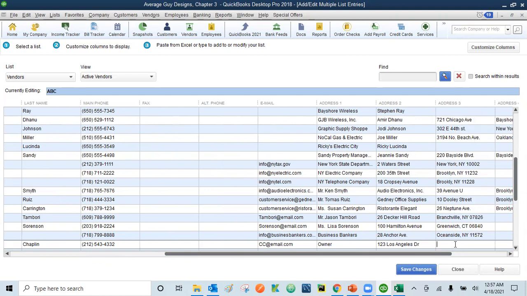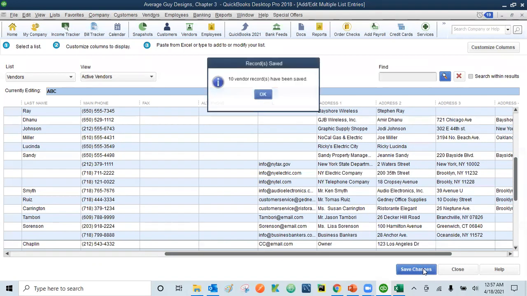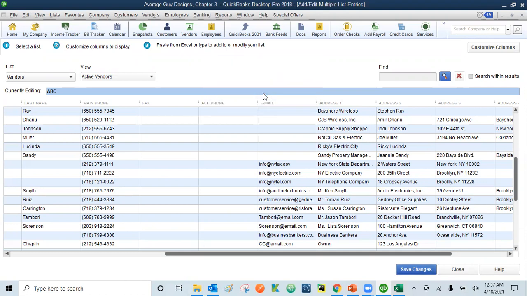So if you don't have this address too, then you can just keep it blank and then simply click save changes. That's it. So you can see 10 vendors have been saved. That's how you can save multiple vendors in one go in QuickBooks. So we have learned how to add a vendor, edit a vendor, delete a vendor, and add multiple vendors. And now